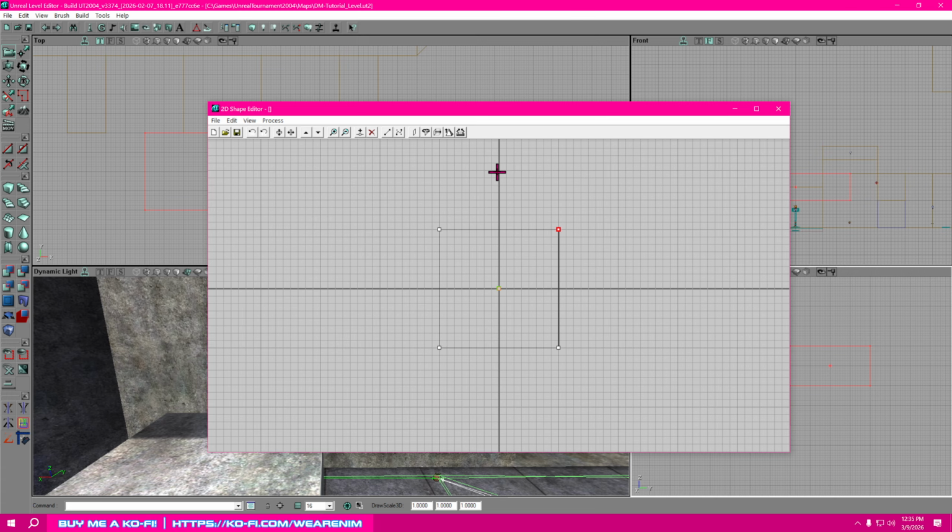It really just sort of depends on which result we want based off of these different extrusion methods. So when we're editing a shape right now, it's just a basic cube, and for our purposes that's going to be fine. But if you wanted to make this more than a cube, you can split these surfaces by adding extra vertices, and you can do that by pressing this button here, the split segments, and that's going to add another vertex into your shape. And you can hold down Control and click on it and drag it around, and you'll notice